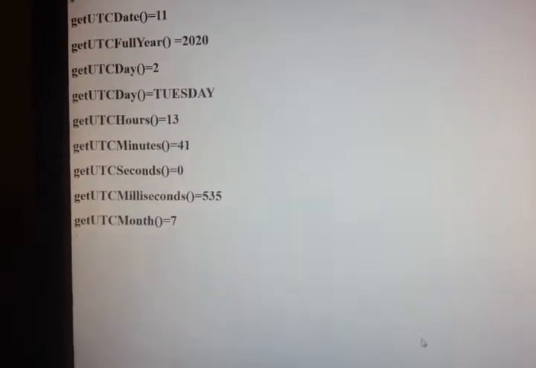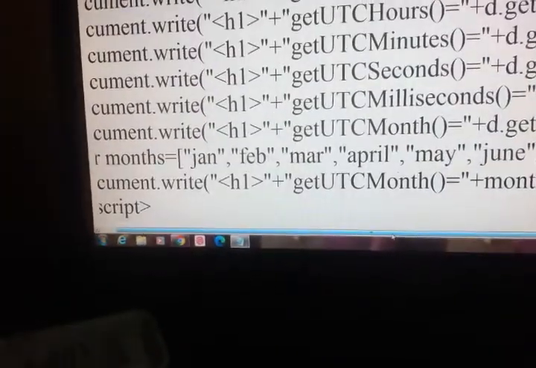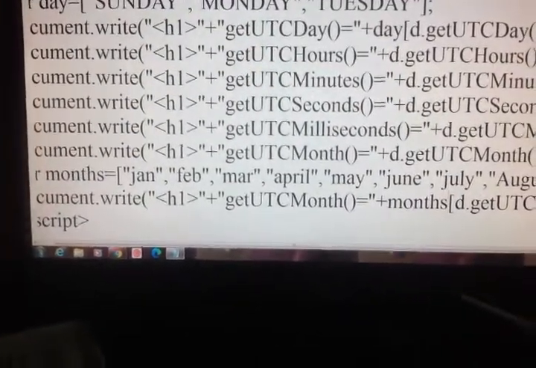Save our program, then recompile. We haven't got it. What is wrong? We have again months.